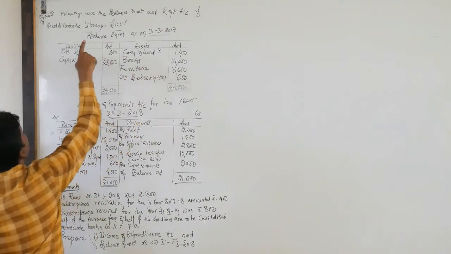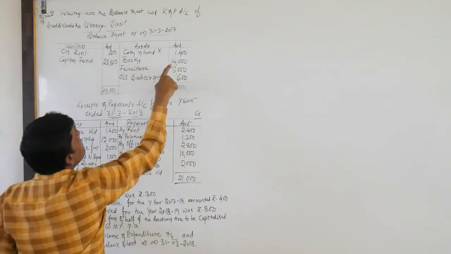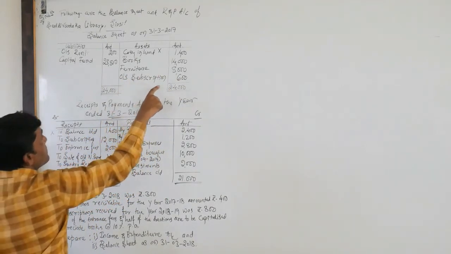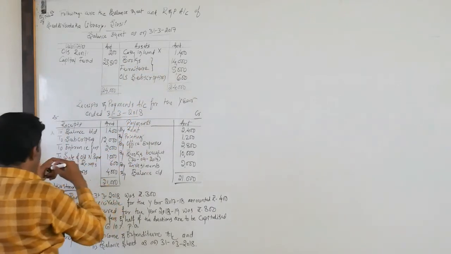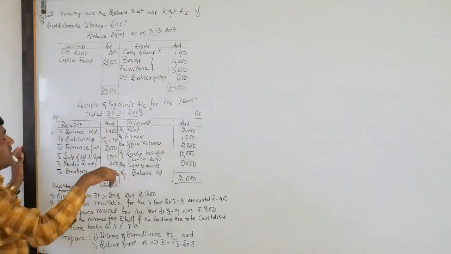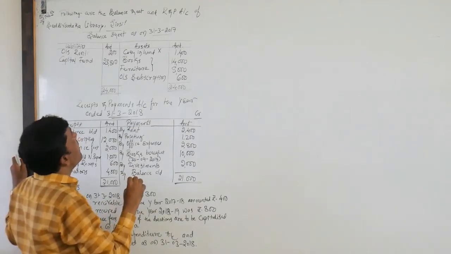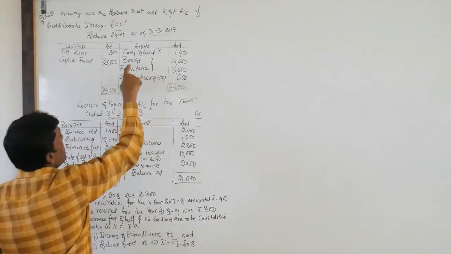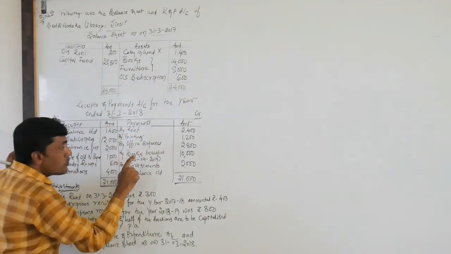Books. As I said, it is the Buddhivardhaka Library, so its main assets are books. Books 14,000, furniture 8,000, outstanding subscription 600. I will dictate. These two are somewhat fixed assets. We need to concentrate on whether any additions were made in the current year, on the payment side. So here, the present year's opening books are 14,000. Look at the payment side: books bought during the year on